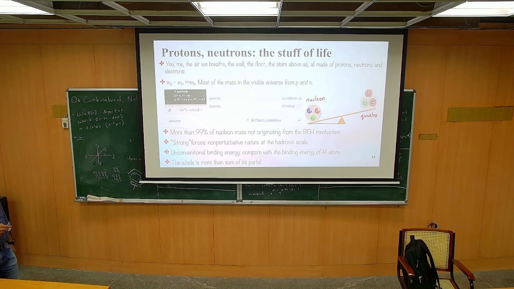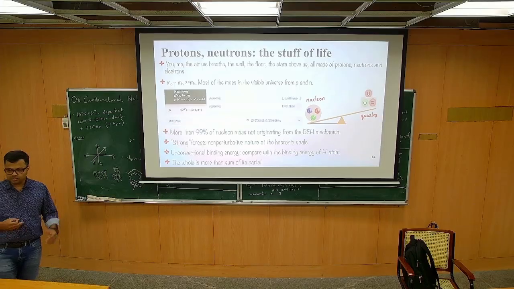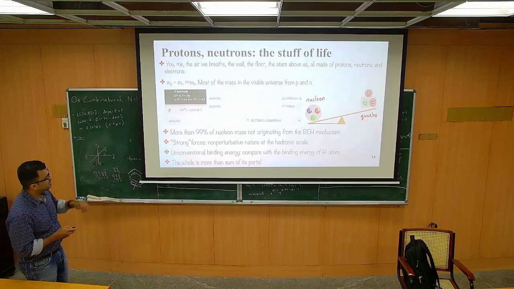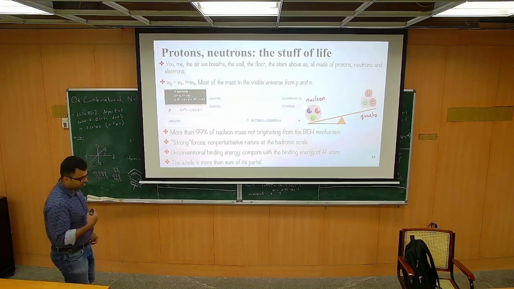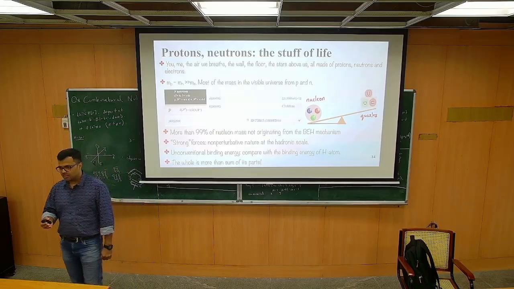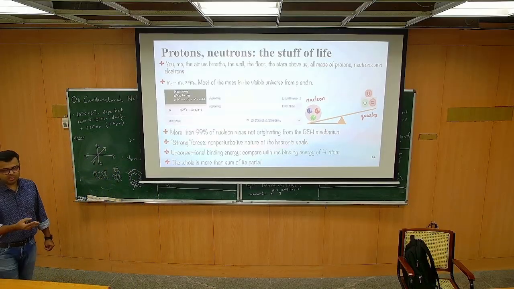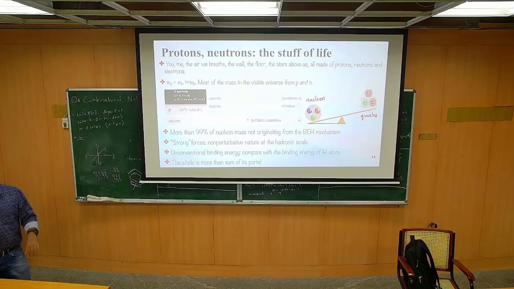If you look at the U and D quark masses that are determined based on theory or some other determination, the U quark mass is claimed to be only 2 kg, while the D quark mass is claimed to be around 5 kg. I also said that the proton is composed of 2 U quarks and a D quark. If you add up the masses of these quarks, it comes to a maximum of 10 kg, while the proton mass itself is around 938 kg, which means around 928 kg or 928 MeV is coming from something else that we don't know.